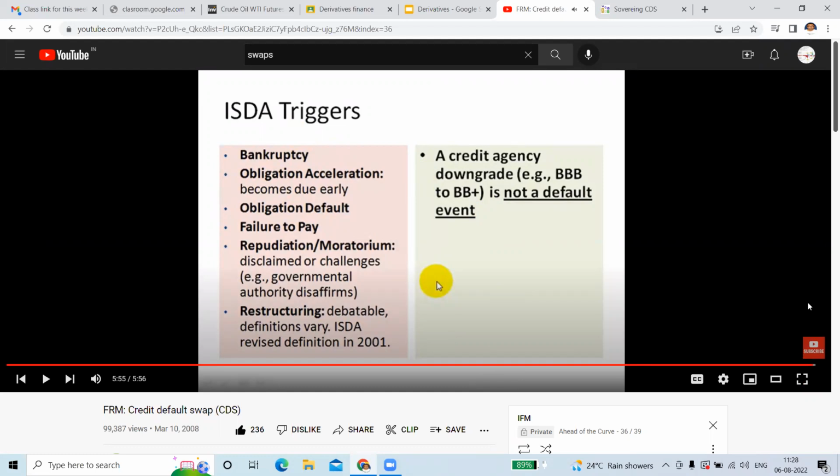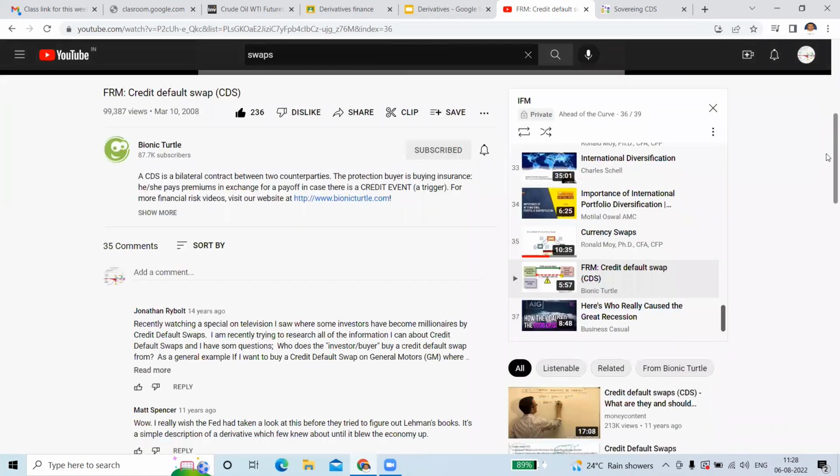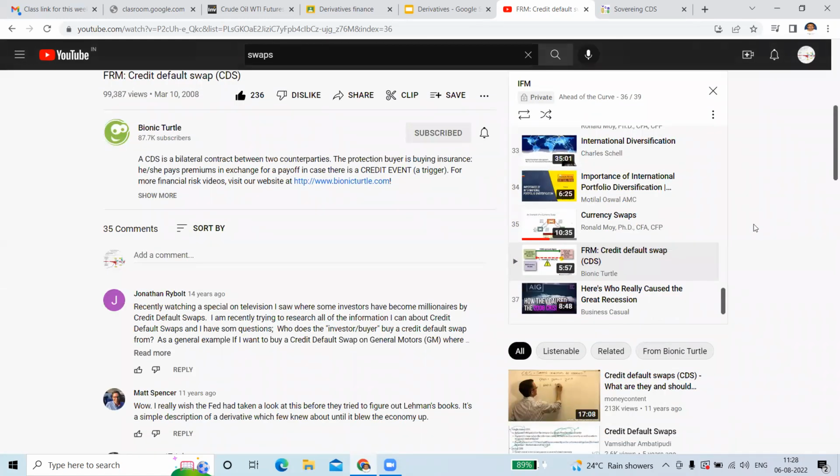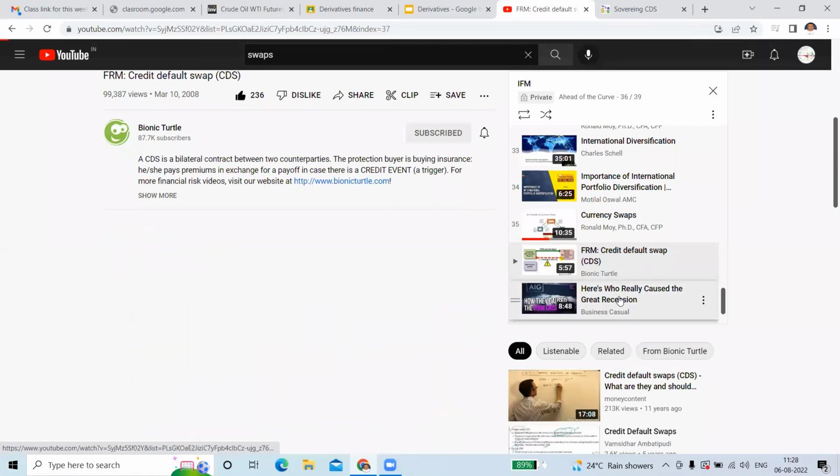So that's what a credit default swap is. Now, as I told you, AIG was a company that issued a lot of credit default swaps. And when defaults actually started happening, AIG didn't have the money to pay, right? So they were just writing the swap, collecting the premium and enjoying it. And ultimately, when a default event happened, they couldn't pay and they almost went bankrupt, and the entire financial system could have collapsed. So let's see.